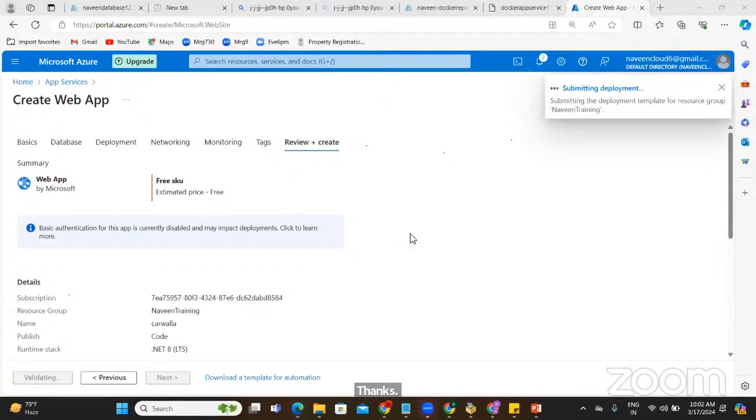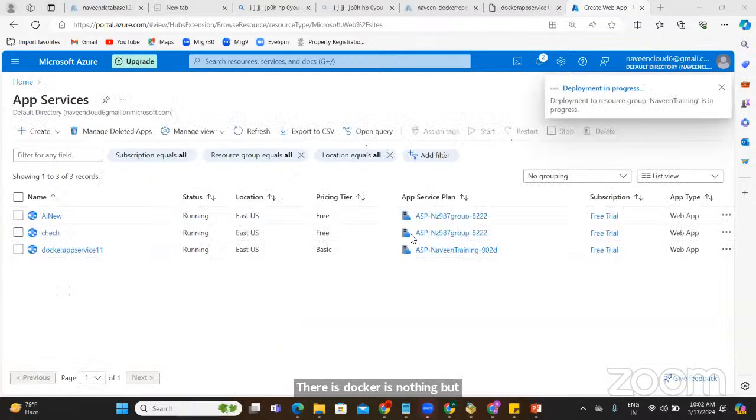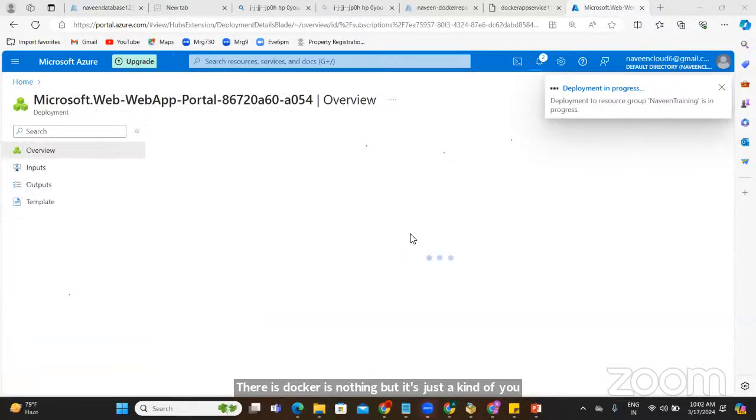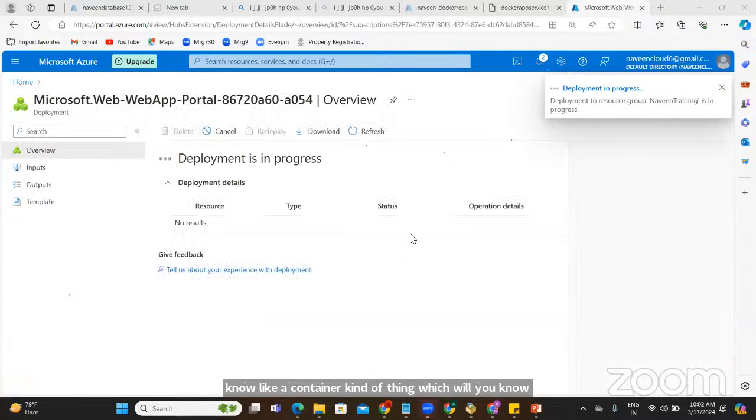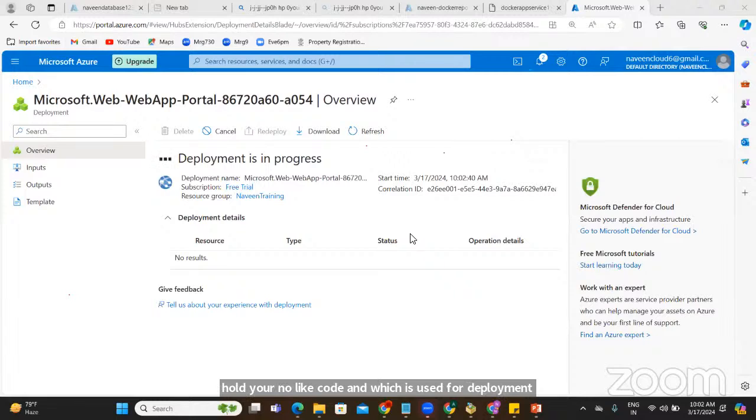Guys, Docker is nothing but a kind of container which will hold your code and is used for deployment purposes. Rahul will let you know, don't worry. For the time being, you can understand Docker is a kind of container which carries information about your application.